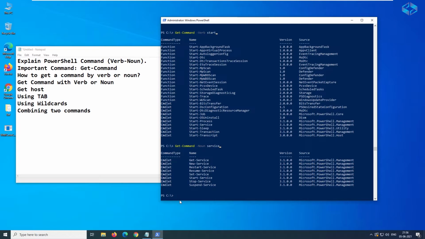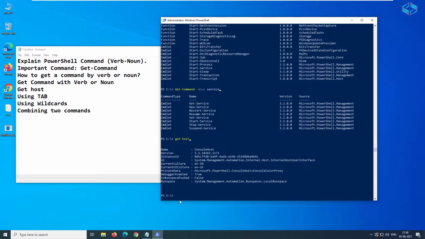Now let's talk about Get-Host, which is an important and useful command. Why I said it is important is because in future classes or tutorials we may be using it during scripting, which is again useful.